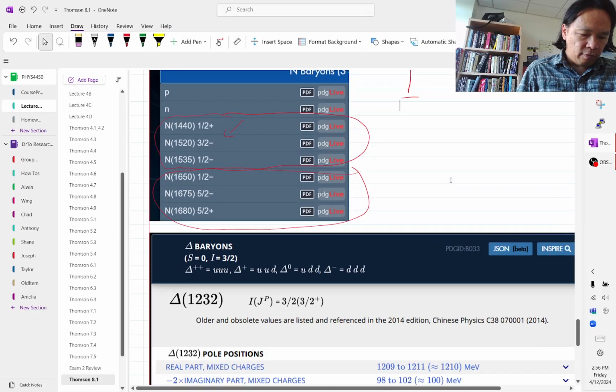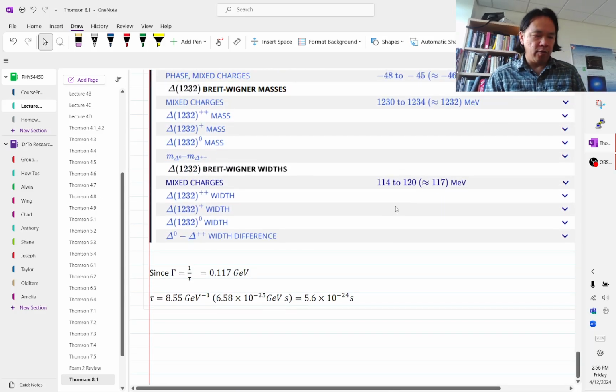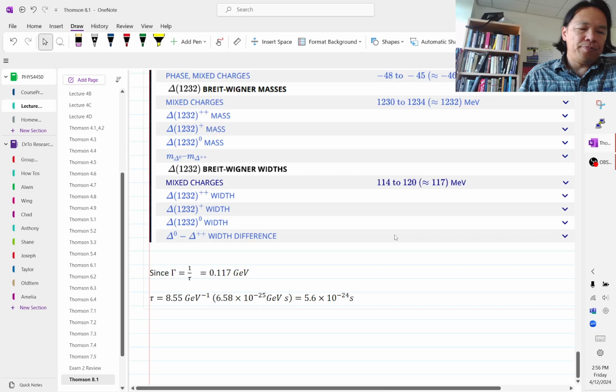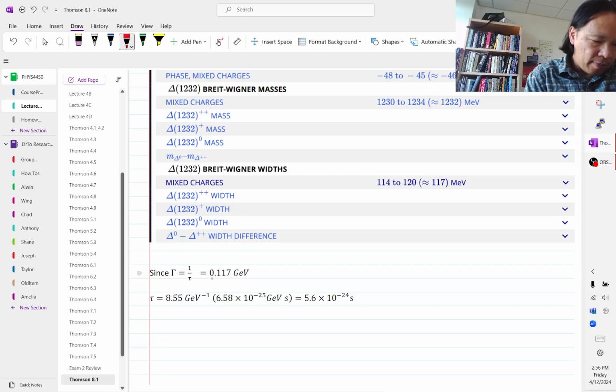Therefore, if you want to figure out how long it takes for a delta particle to decay back into a proton or a neutron, all you have to do is plug in that width of 117 MeV, convert it to GeV,